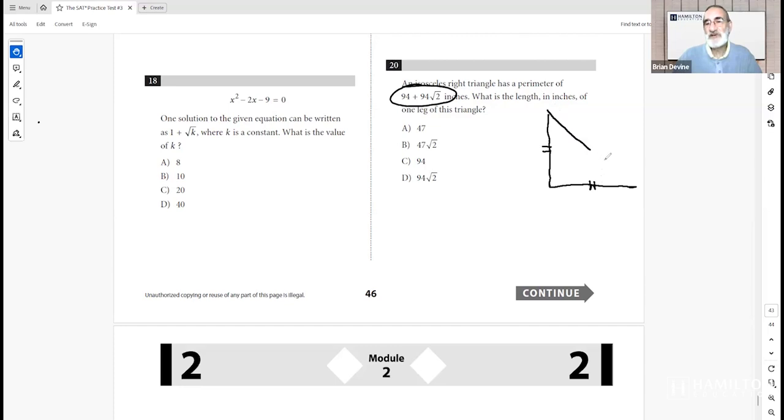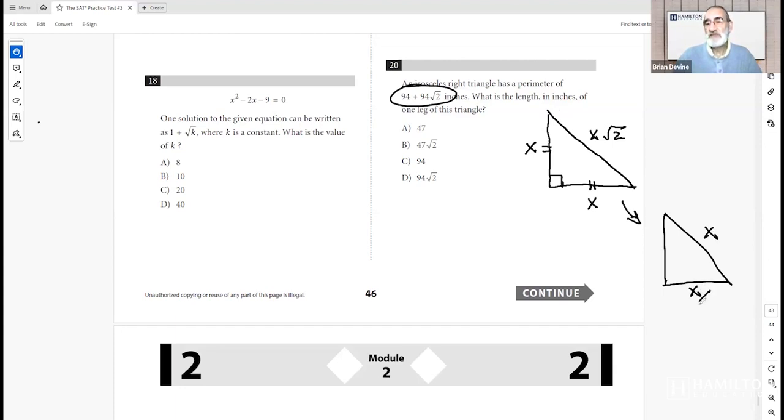In fact, if you look at the geometry reference in the front of every math section on the SAT, you have the idea that this relationship of legs to hypotenuse is x to x root 2, where the hypotenuse is the longest length. Well, we can actually rewrite this thing as, if I know the hypotenuse length,